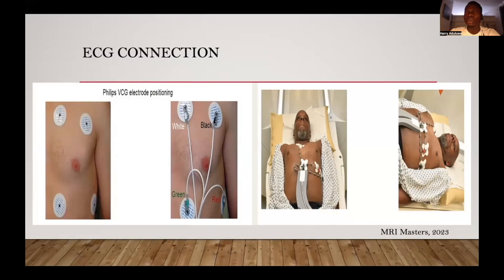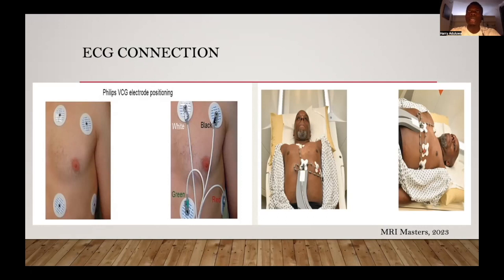I know most of the 1.5 Tesla MRI we have in circulation doesn't really come with the peripheral ECG, but those of you who have modified systems, and I know most of the vendors also, if you tell them you want the peripheral ECG so that you could attend to patients that have cardiac arrhythmia, for instance, they could adjust the system for you and then allow you to be able to use your peripheral